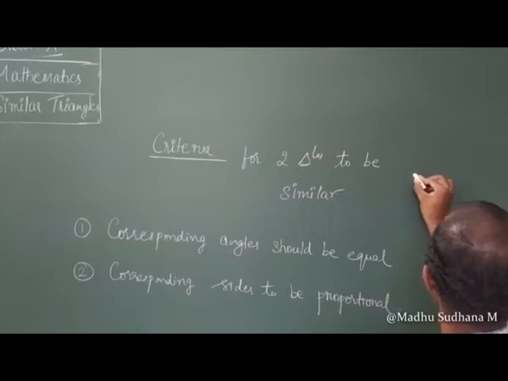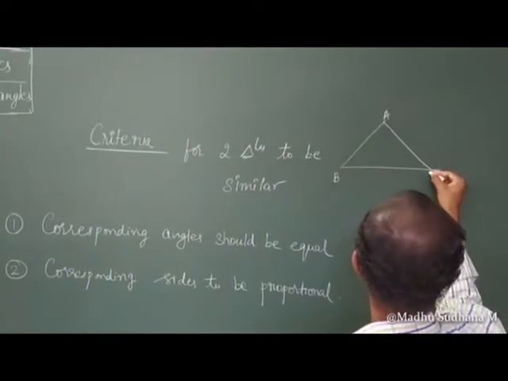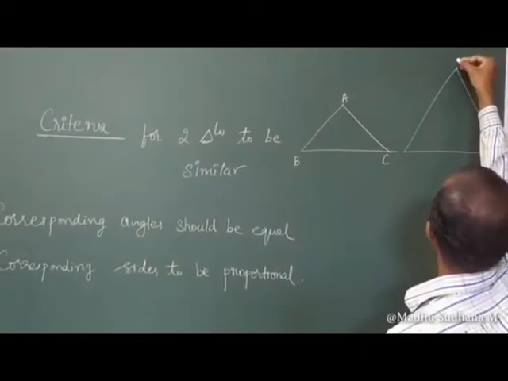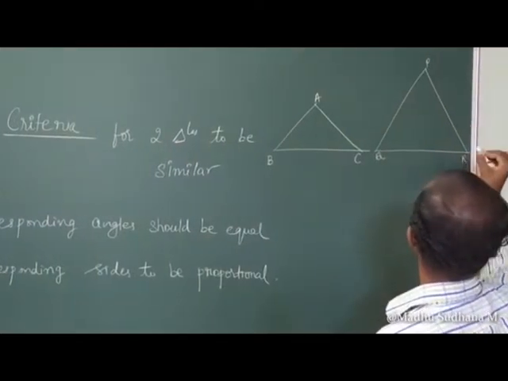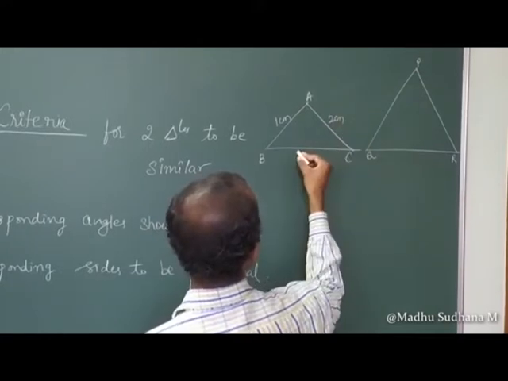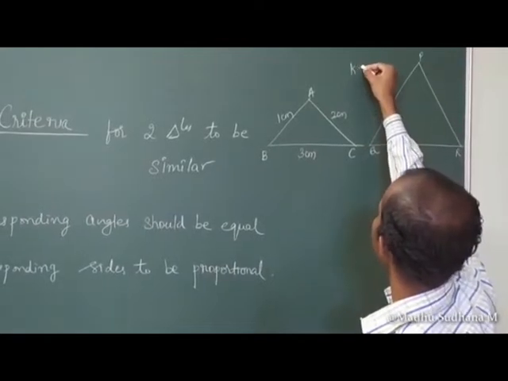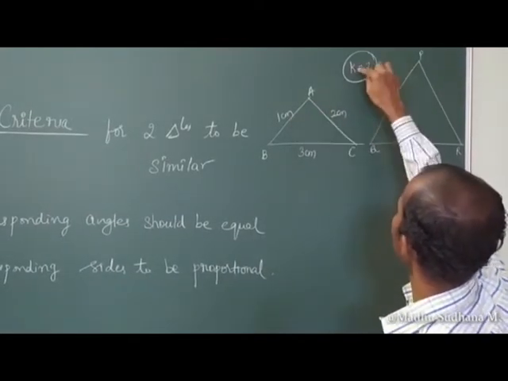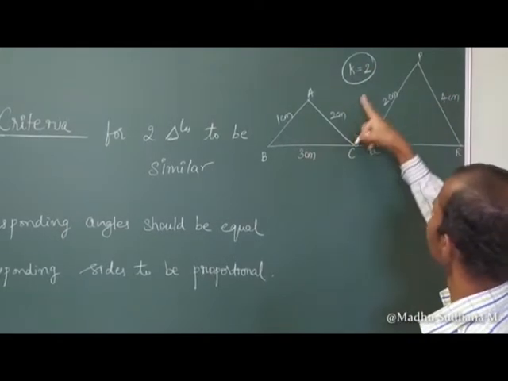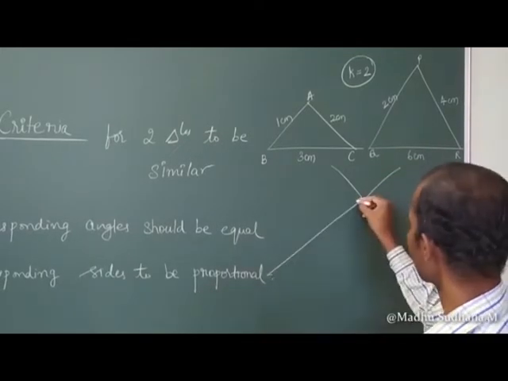So let us give an example here. Suppose I have a triangle. Let me write, this is A, this is B and C. Suppose I have one more triangle here. This is P, Q and R. Follow it? Now if this is 1 centimeter actual length, this is 2 centimeters and this is 3 centimeters in actual length, and the proportionality constant K is equal to 2. So 1 twos, this is 2 centimeters, 2 twos, this is 4 centimeters, 3 twos, this shall be 6 centimeters. So here the sides are proportional.